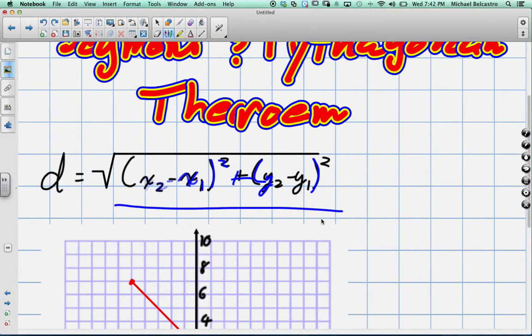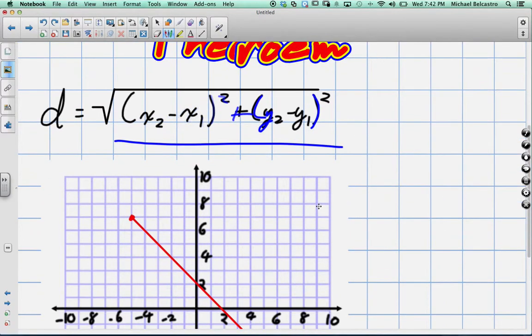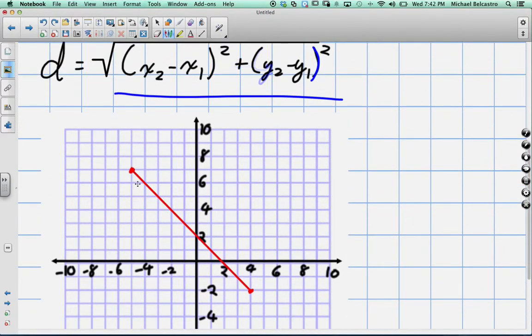Okay, this is fine. It can be done. And we're going to use it to find the distance of this specific line segment. Looking at it, we can't quite, well, actually it lines up really nicely. I should have given it a different slope. But it's tough to tell right off the bat what this distance is. So we're going to find the distance. And in order to do that, we need